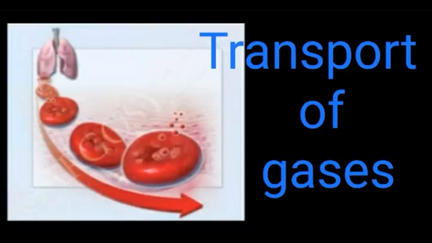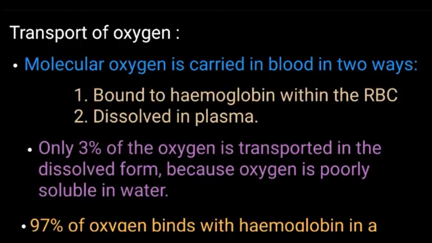So next we are going to see about transport of gases. Here first we are going to learn about transport of oxygen, how oxygen is transported from alveoli to the tissues. So the molecular oxygen is carried in blood in 2 ways. So first one is bound to hemoglobin within the RBC, and the second way is in the form of